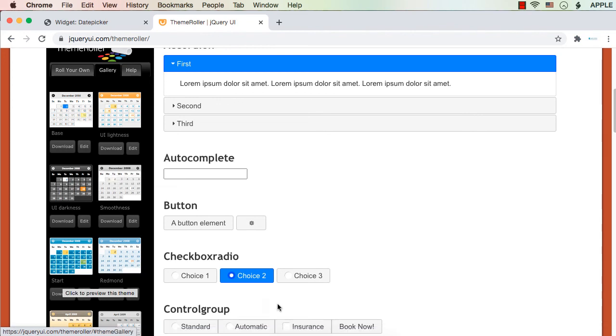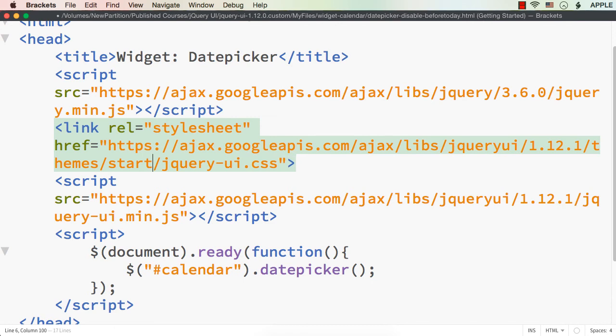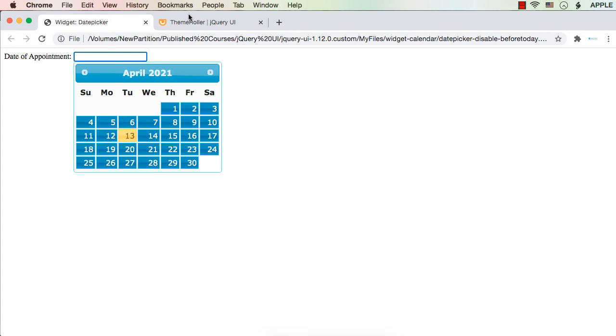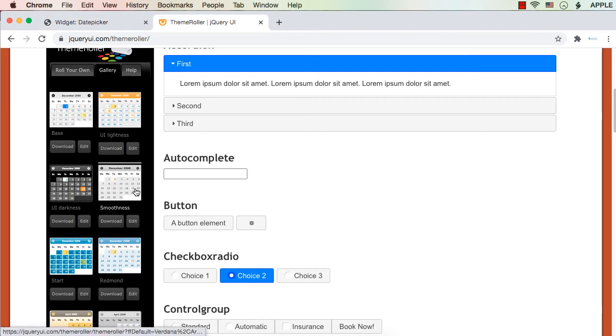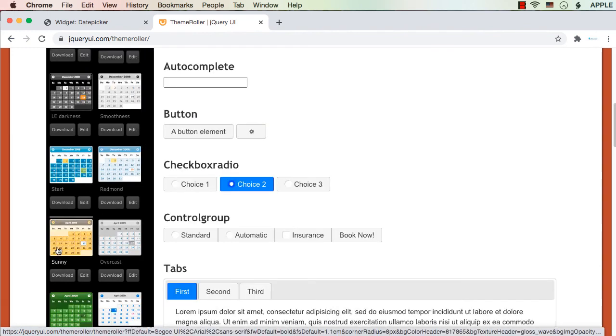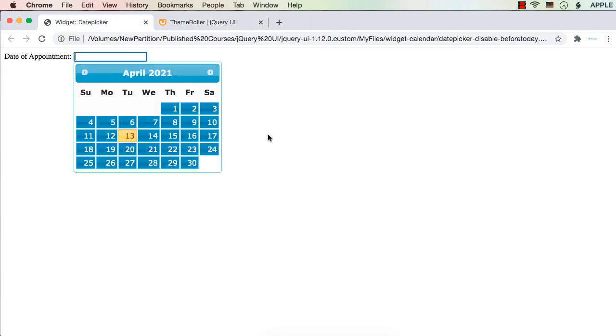If I want to make it start, I can change it here. Instead of smoothness, I can make it start. Let me save this and refresh. Click. See, now the theme is different. So from here we can choose whatever theme we want. There is one called base, UI lightness, UI darkness, smoothness, start, Redmond, sunny. A number of themes are available here. So I have chosen start as a theme.